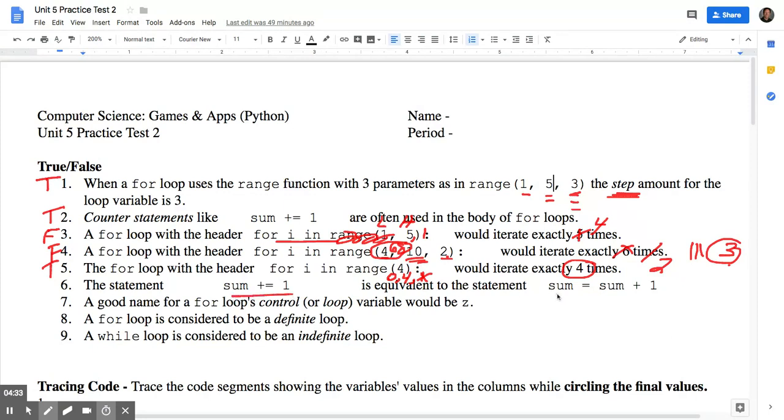Number 6, yes. This is an equivalent way of typing out that. I myself prefer this because it's shorter. It's just easier. Plus, this really fools algebra teachers. When algebra teachers see this, they mark it wrong. Because if you subtract sum from both sides,